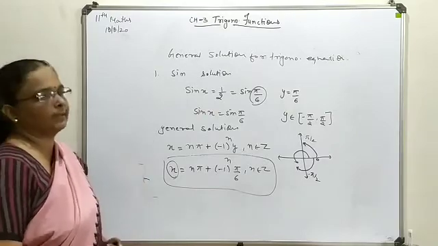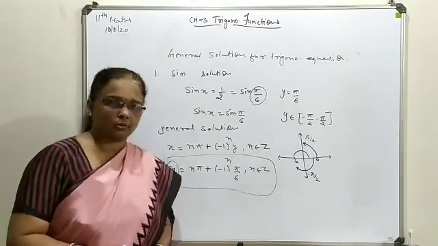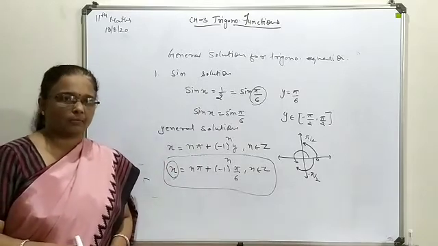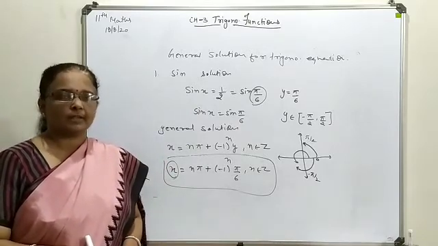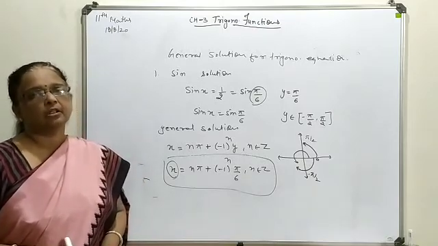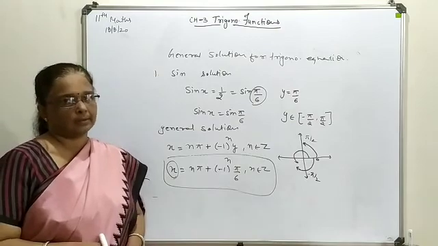It was only one example; 2 more are there, that is cos and tangent. So in the next lecture we will discuss that, and the questions from the next exercise in which principal solutions and general solutions are asked. Thank you.